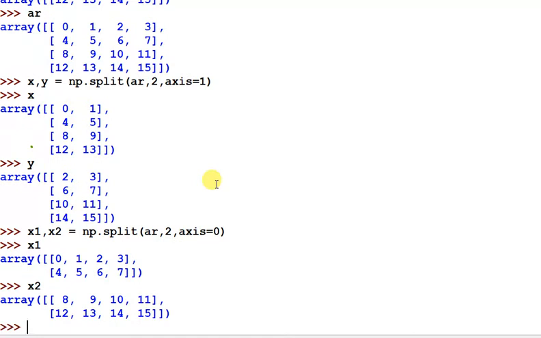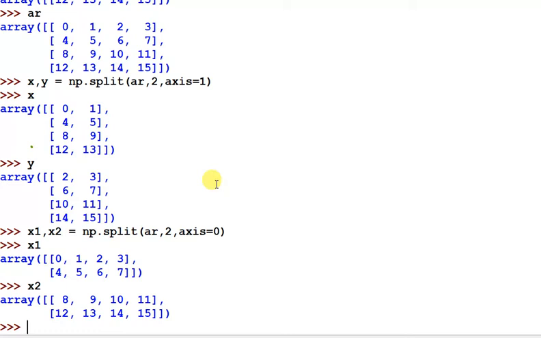So in this way you can split the arrays, but when we are using split, it allows both operations. hsplit only allows horizontal division, vsplit only allows vertical division, but split allows both operations, horizontal as well as vertical division.